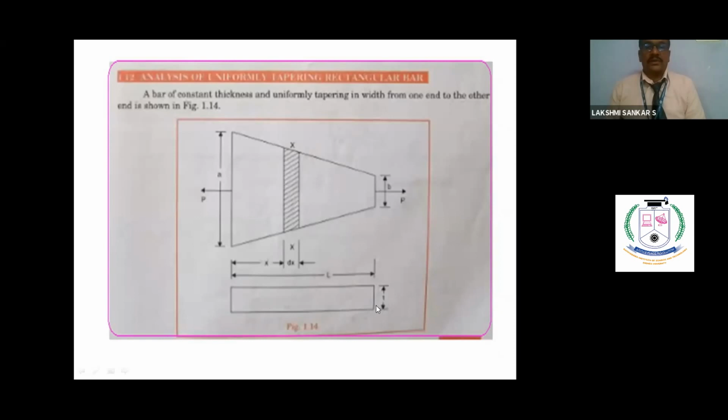So it is a cross section. You see the top view, it is the same. So one side it is A, another side it is B. If you apply tensile load, the corresponding formula for deflection is given by PL into E t (A minus B) log base e, that is ln, natural log, divided by AB. So first you take A by B and then you take ln, some value will come. That value you multiply with this particular expression to get the deflection.